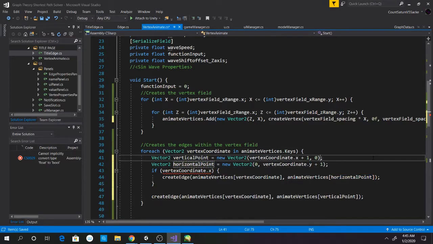So horizontal point is going to be this one. This is actually a 2D matrix or whatever. Who cares? Anyway, so we have our x coordinate. The x coordinate is the row number, and the y coordinate is the